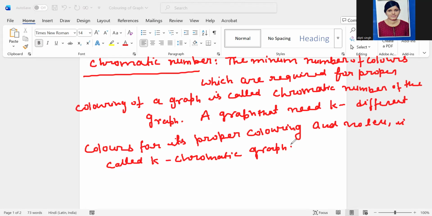That is, the minimum number of colors which are required for proper coloring of a graph is known as the chromatic number. Okay, for example,